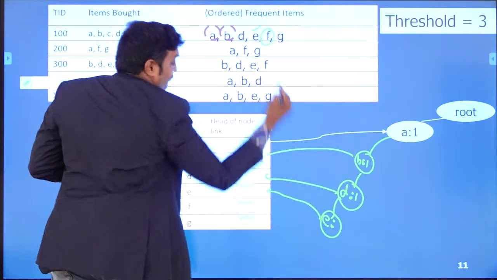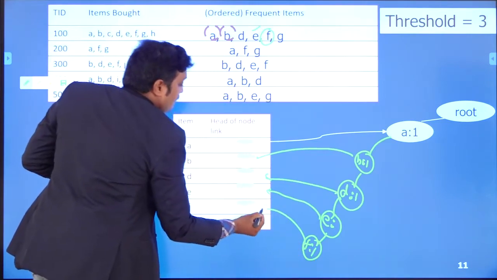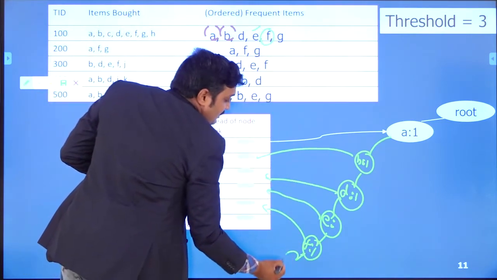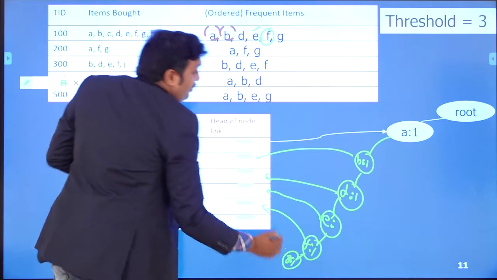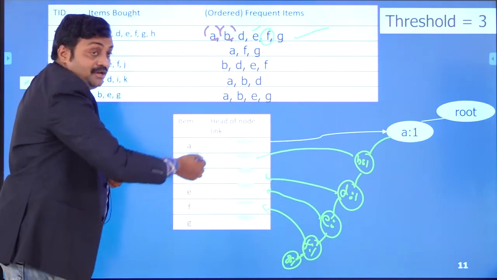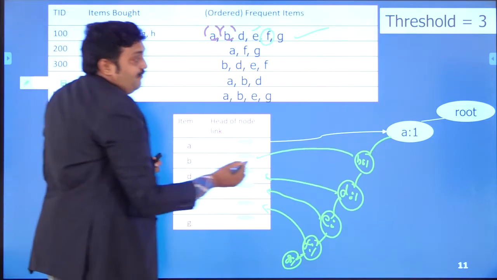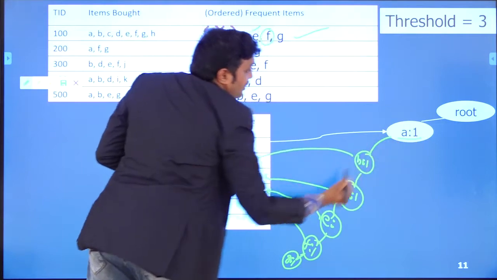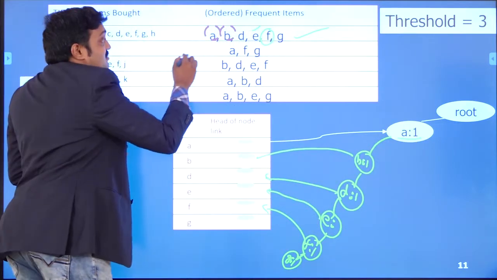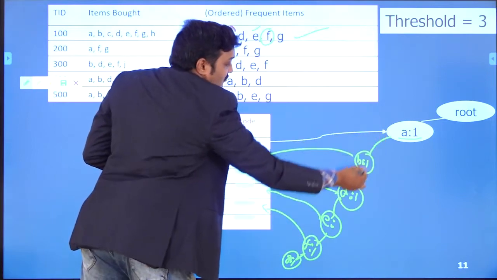Then F, one time link. Then G one time. So the entire transaction 1 is done with all the items in proper order, and each time we visited, count one. We are maintaining one counter with respect to each item. That means transaction 1 is completed in proper order.